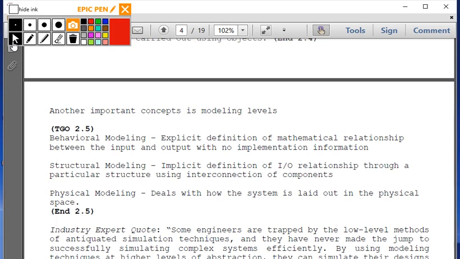So that's where we come into structural modeling: implicit definition of the I/O relationship through a particular structure using interconnection of components. So for the first set of projects, you're going to be designing 2-input AND gates, 3-input AND gates,